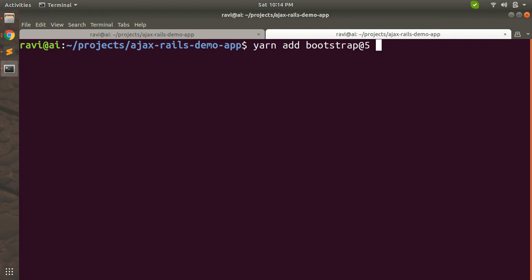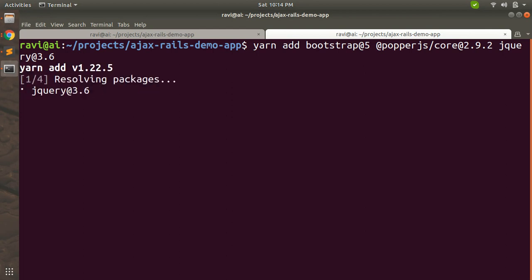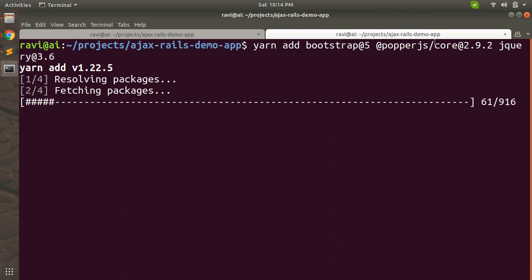Then we need to add @popper.js/core@2.9.2, and then jquery@3.6. This is the version I'm going to use for this application. Now let's hit enter, and this will add Bootstrap 5, Popper, and jQuery.